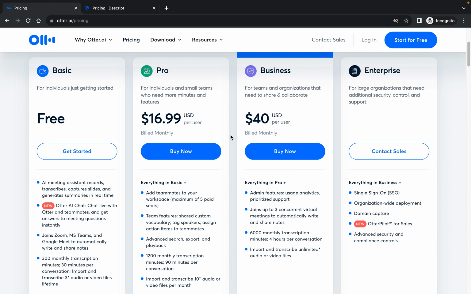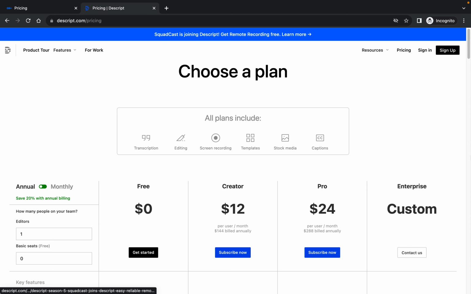And if you're somebody who's trying to extract insights from your meeting notes, go for Otter. While Descript, I'd say, is great for marketers and creators. If you're somebody who's investing in audio and video content and you want to really simplify and save time creating snippets or large videos and editing them, Descript is a fantastic option.